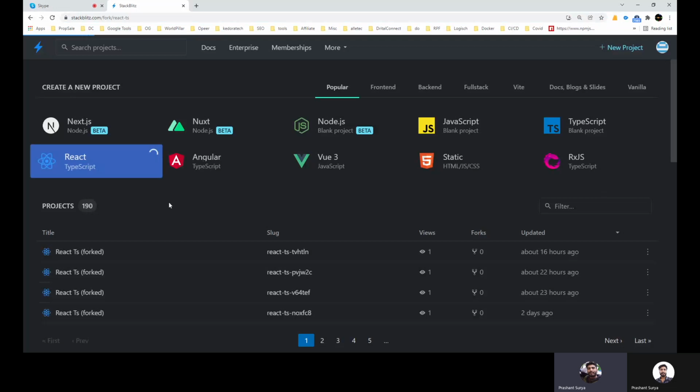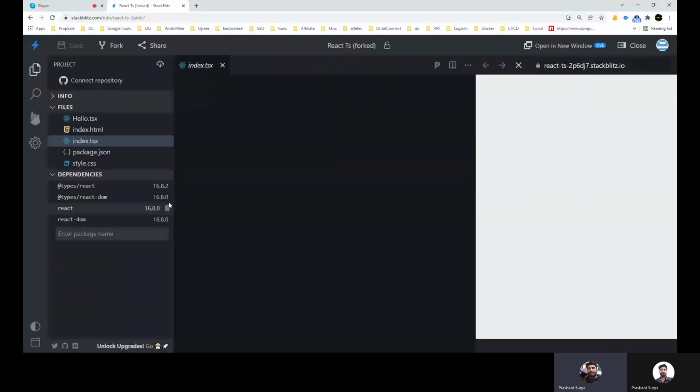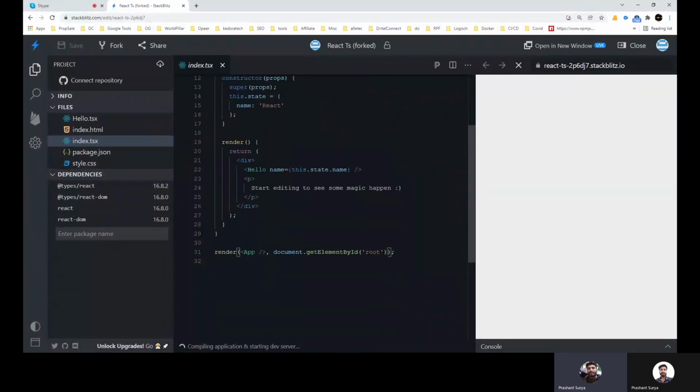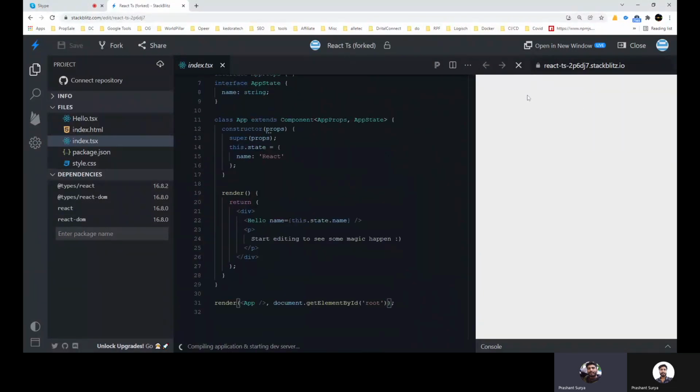We are just creating a simple React application in which we have a class, App, which is printing Hello React. So what is render props? Basically, render props is used when a scenario arises where you want to create a common component and the data from that component will be used by the child component. In that case, we will use render props.